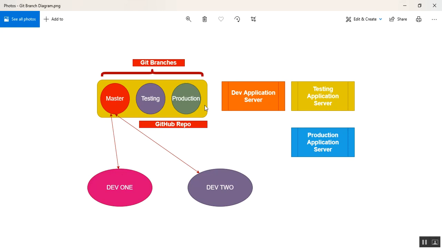Once the sanity testing is done by the developer thoroughly, next, instead of deploying the code to the testing application server, the developers will move the code from the master branch to the testing branch. Okay, so here the code will be deployed from the testing branch to the test application server, and the tester will start testing the code